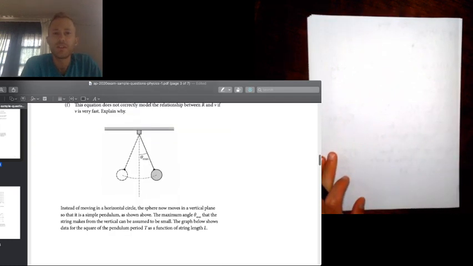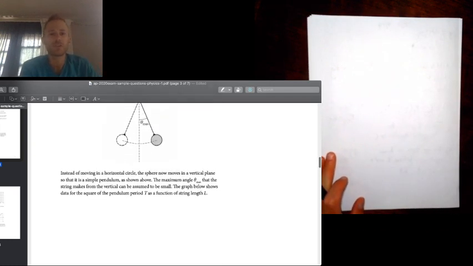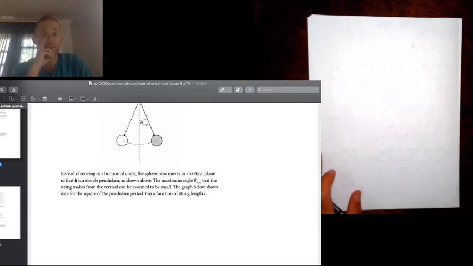So instead of moving in a horizontal circle, the sphere now moves in the vertical plane, so it's a simple pendulum. The maximum angle that the string makes from the vertical can be assumed to be small. The graph below shows the data for the pendulum period as a function, square of the pendulum period, square of